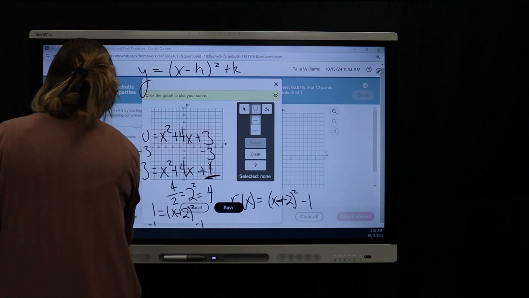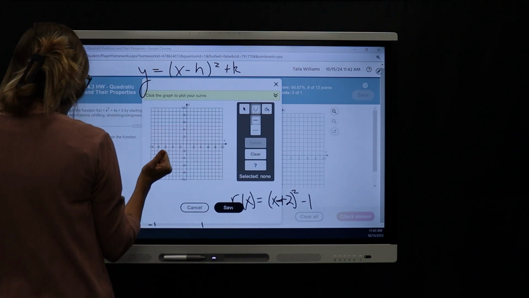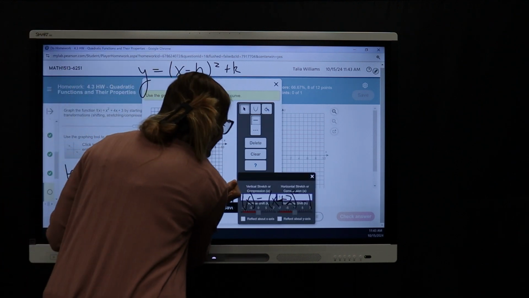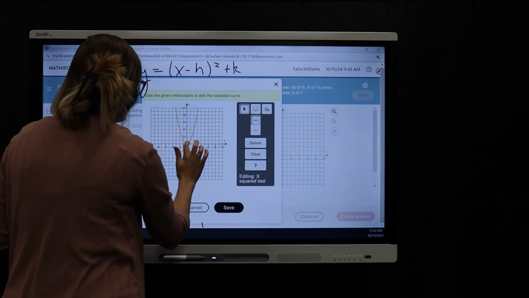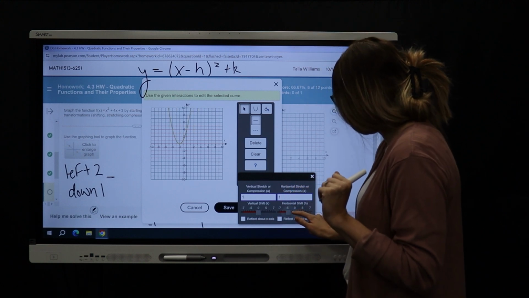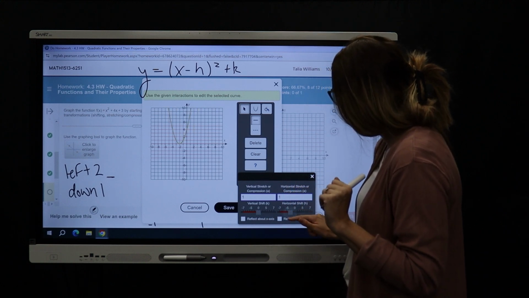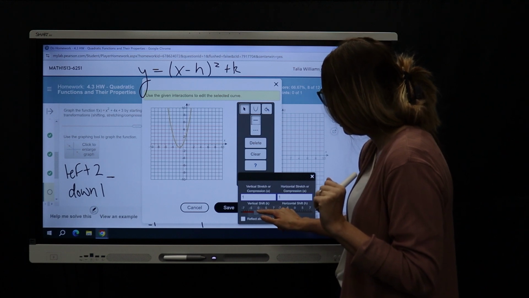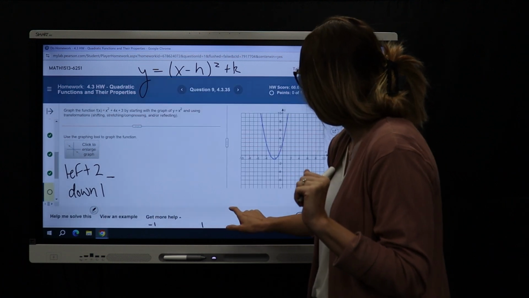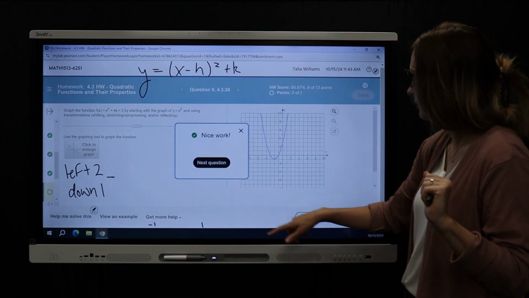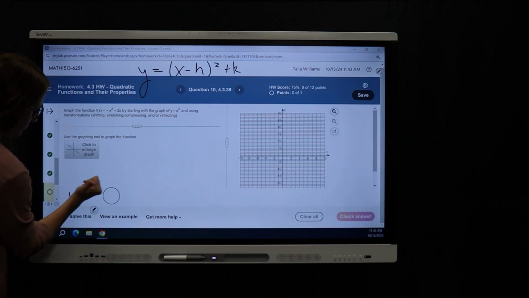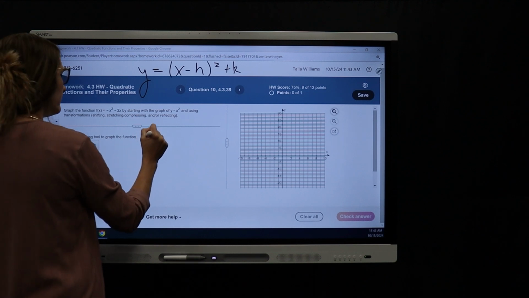Get rid of the math, I guess. Okay. Doesn't matter where you click, and then left 2 would be -2 here. It's -3, -2, and then down 1. Okay. Close, save, left 2, down 1. Okay, so here we have